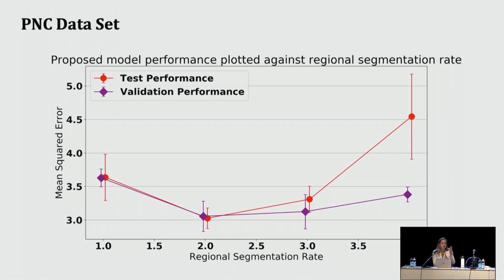I mentioned that doing this segmentation really helped the network, but we found that there is a limit to this. The more you segment, the worse you start to do. We think maybe that's because you're giving too much information, or there's not unique information in all the different segmentations you're doing, so that is just something to keep in mind.